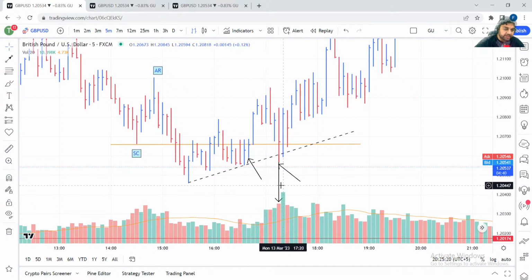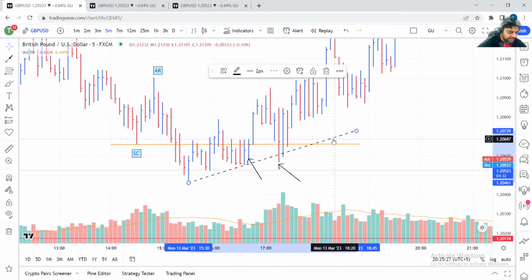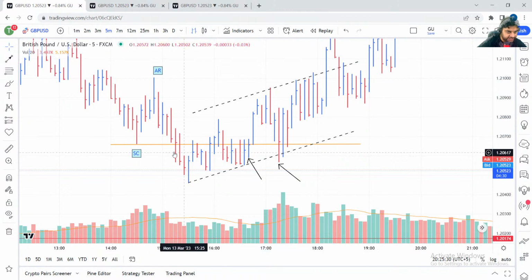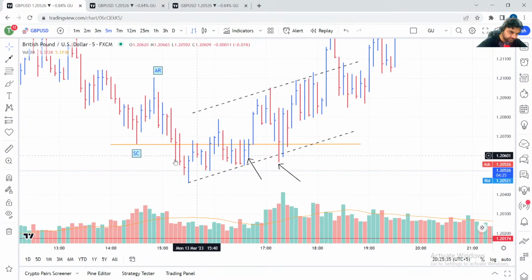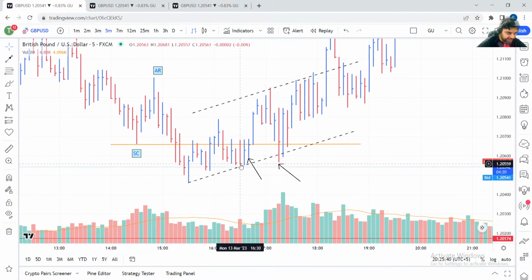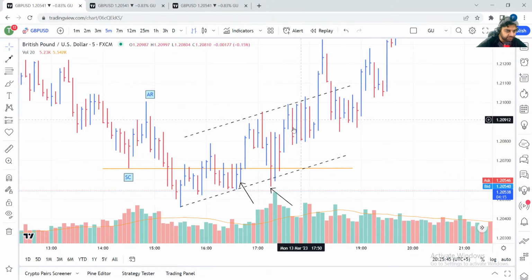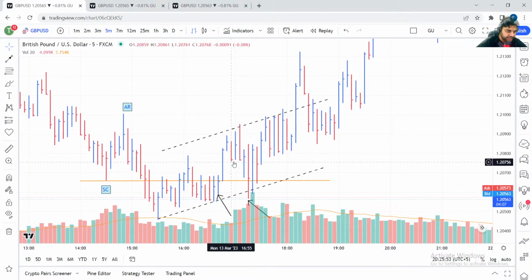It is a bag holding bar, but it is also in the form of a secondary test. So I will call this secondary test. And sometimes guys, you will see that the accumulation is not straight, it is not horizontal, it is in diagonal shape. So this is the selling climax, automatic rally, then a spring, and then test of spring, one opportunity to buy, another opportunity to buy, it is going up, and what's this, jump across the creek, right? Jump across the creek, and then it comes down for back up to the edge of the creek.